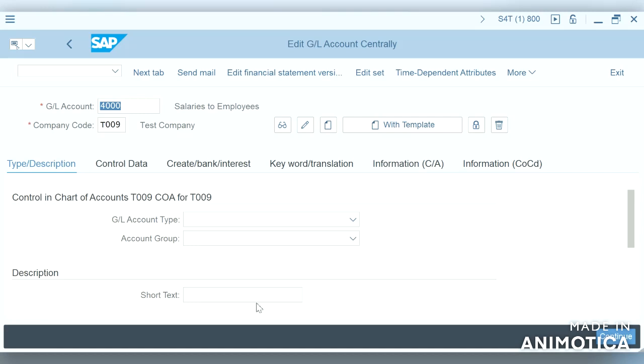Till yesterday's practice we have seen the configuration we did to post the document. So we have seen many configurations related to chart of accounts.